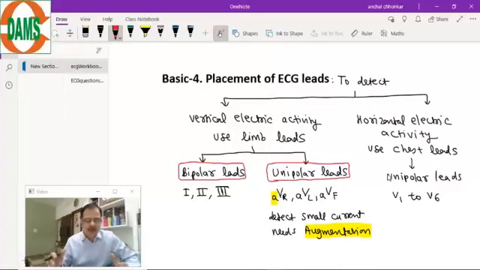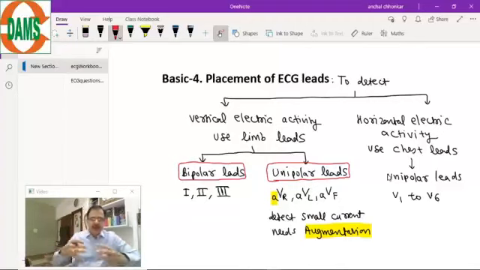and depending upon which limb the exploring electrode is put, they are given different names. R, L, F. R is right upper limb, that we will draw in the diagram. R is right upper limb, L is left upper limb, and F is left lower leg, left foot will be